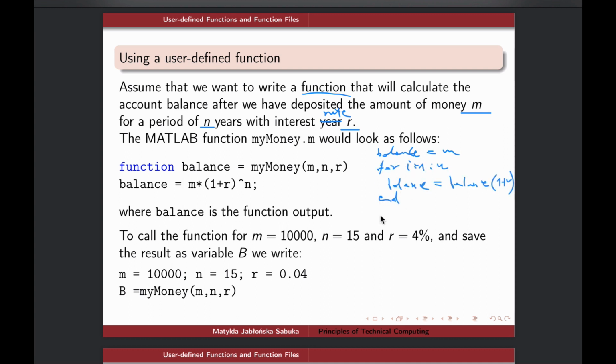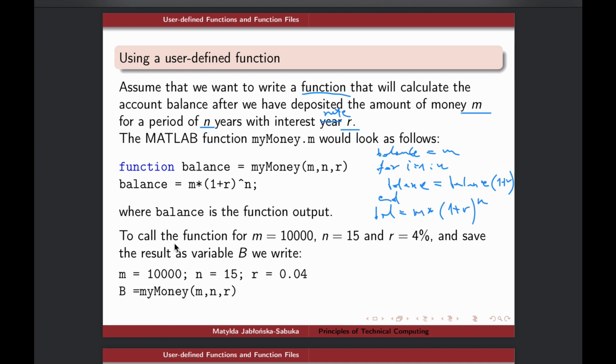Without a loop, that's possible as well, so we could use the general formula that balance is actually that initial deposit M times 1 plus interest rate, to the power n, where n says how many years. So you see, this is like a formula, and we would like that formula to be represented as